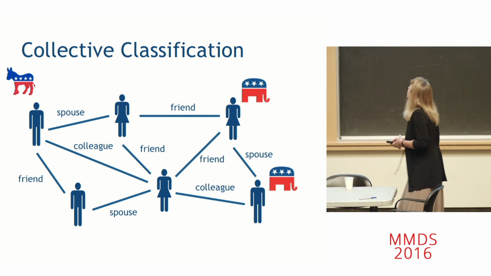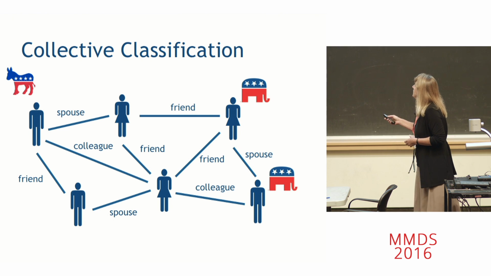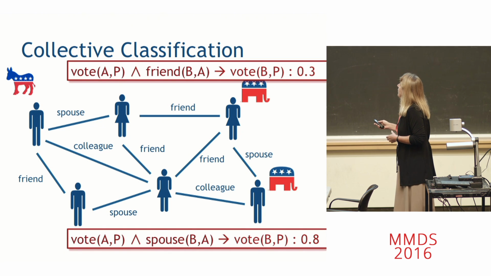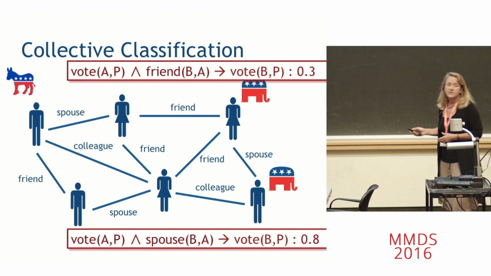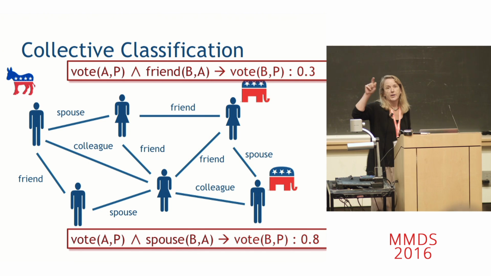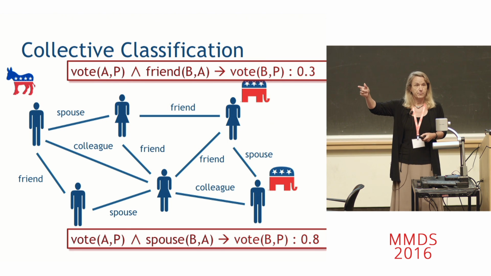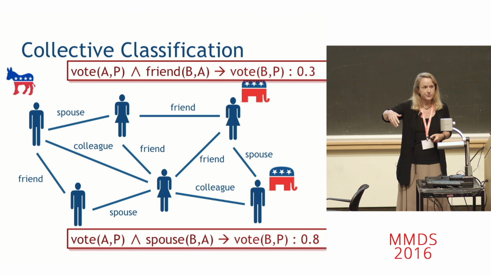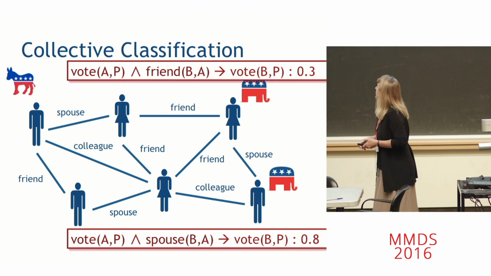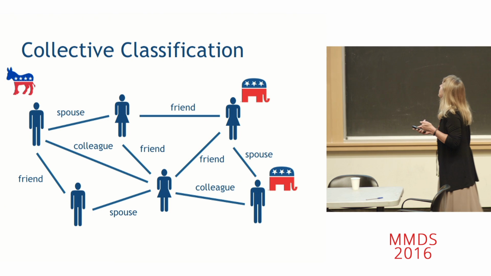Now what we want to do is take into account more of the network structure. So in this case, I have some sort of social network. Some of the nodes are labeled. But I certainly want to be able to say the kind of common things, like, okay, if my friend votes for a particular party, I'm a little bit more likely to vote for that party. And if my spouse votes for a party, maybe I'm even more likely to vote for that party. And I want to do that, but I want to do that in a way that I can then go,